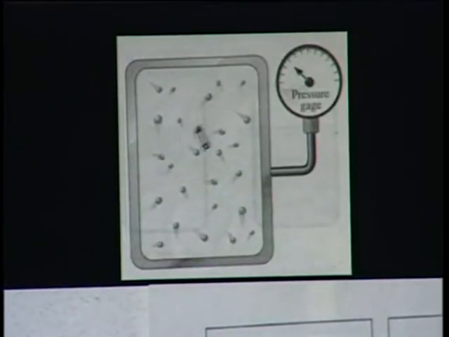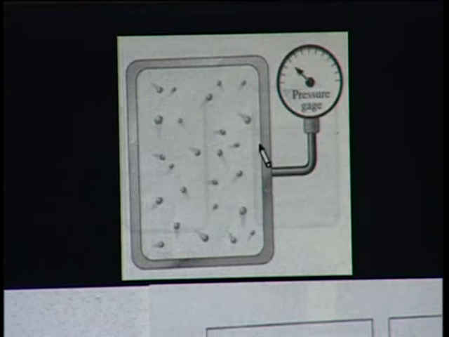To understand further the phenomena at the microscopic level and macroscopic level, now we have a third figure. In this figure we have a container which is filled with some kind of gas, and gas we all know consists of a number of molecules. These molecules are moving here and there, they are striking the wall, and because of this striking there is a momentum exchange. Because of the momentum exchange, we all know that according to Newton's second law of motion, rate of change of momentum creates a force. That force per unit area is known as the pressure.